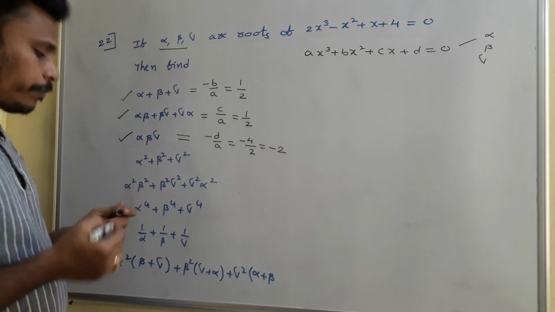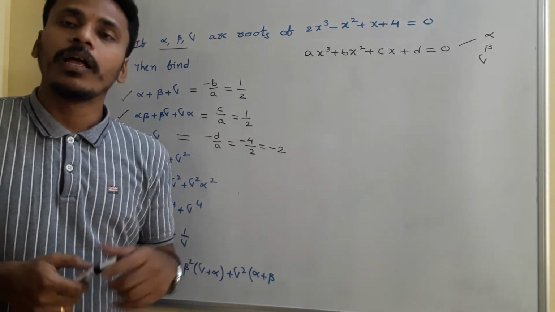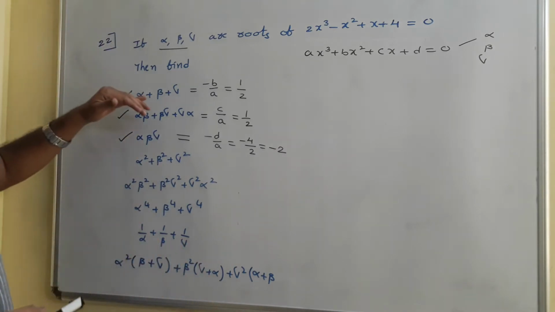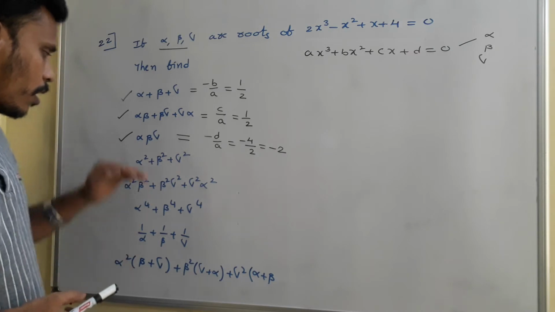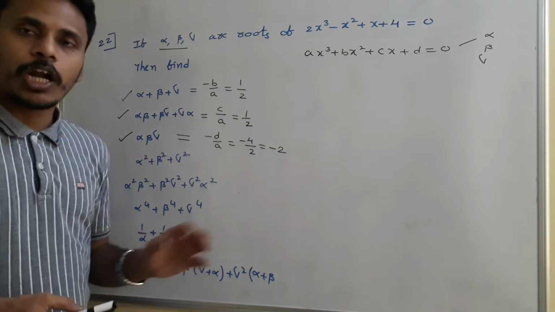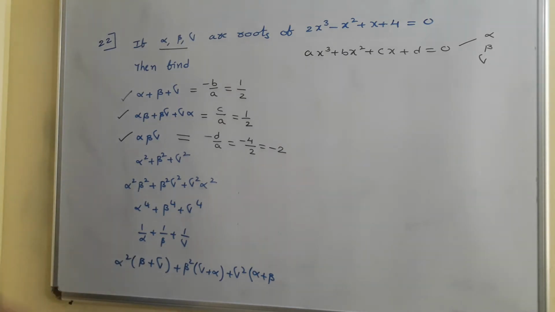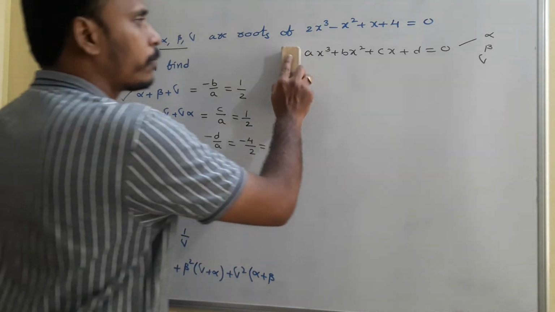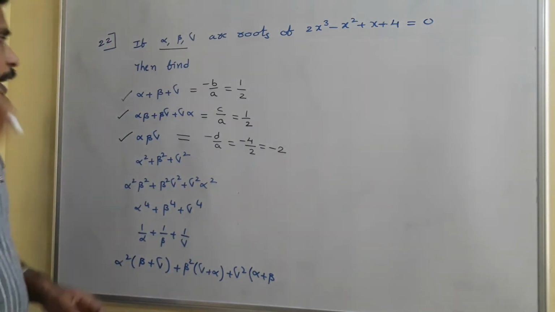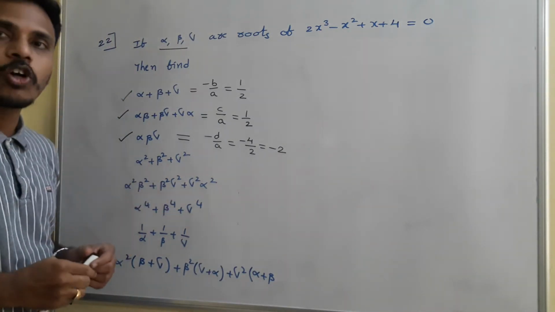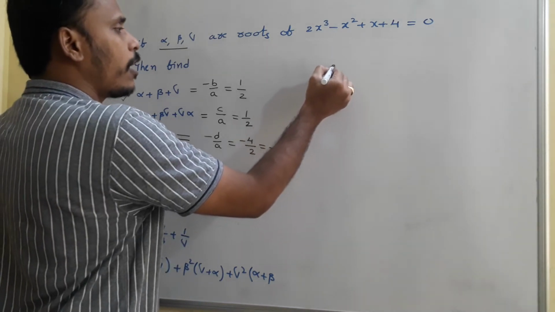First of all, as we know the relation between the roots and the coefficients of the polynomial, with that idea, I mentioned here the sum of the roots, the sum of the products taken two at a time, as well as the product of the roots. Now, one by one we need to find. Not only this, there is a chance to find many others, okay? First of all, how can we find all these values? Just have a look. The first thing is alpha square plus beta square plus gamma square. So how do we find that?